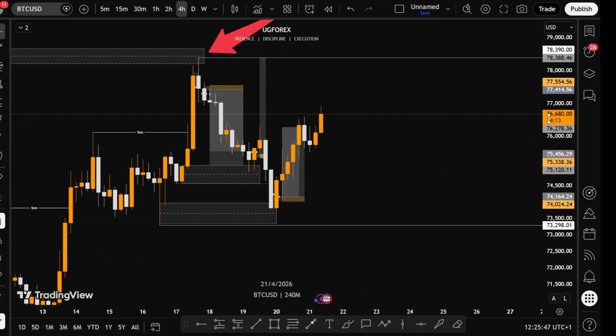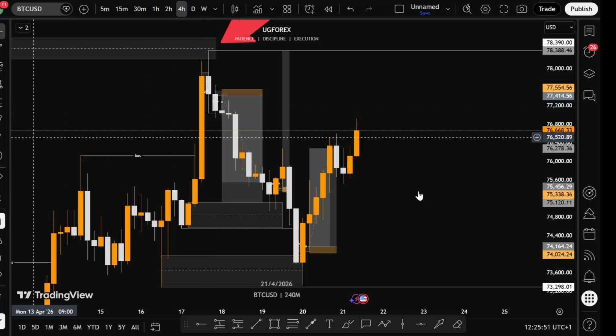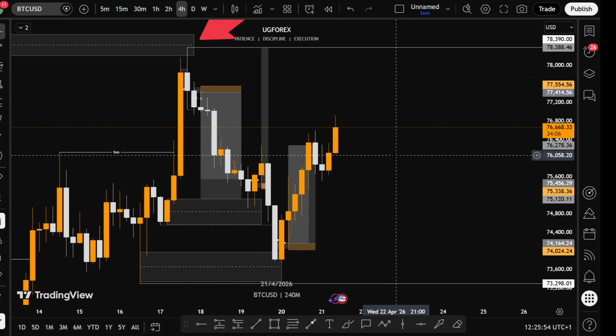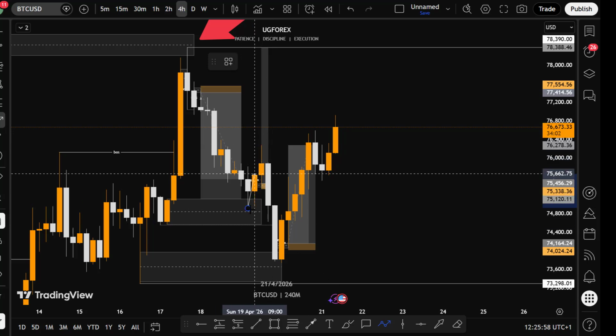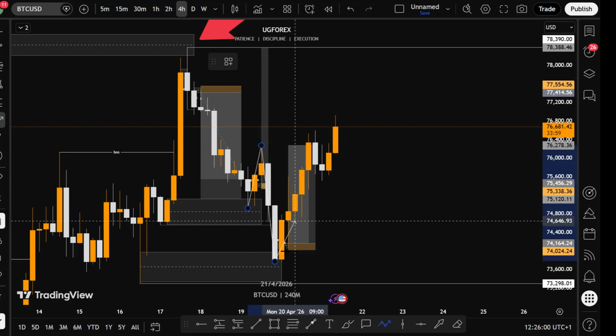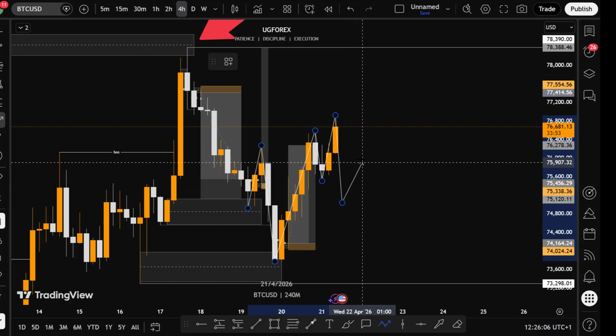Now, when am I going to get involved if I want to take a sell from this market? I'm going to be waiting for this to happen. I can see that the market is already creating 4-hour structures. You can see from here, there's a 4-hour structure that is forming like this. All right, a shift to the upside, like so. So if the market does this, create a shift down here again and give me a structure,